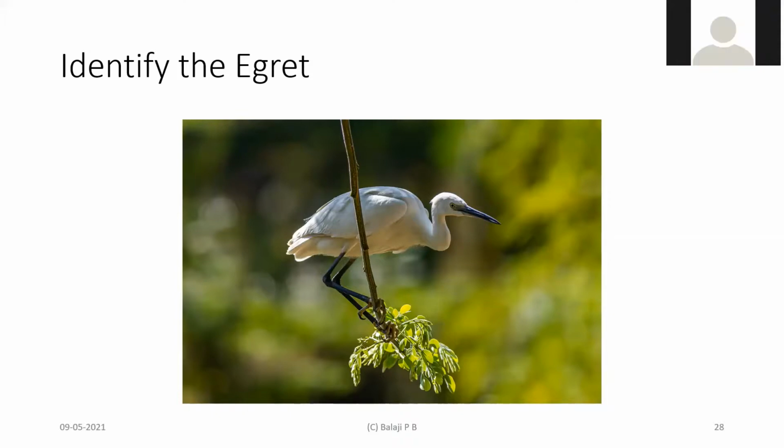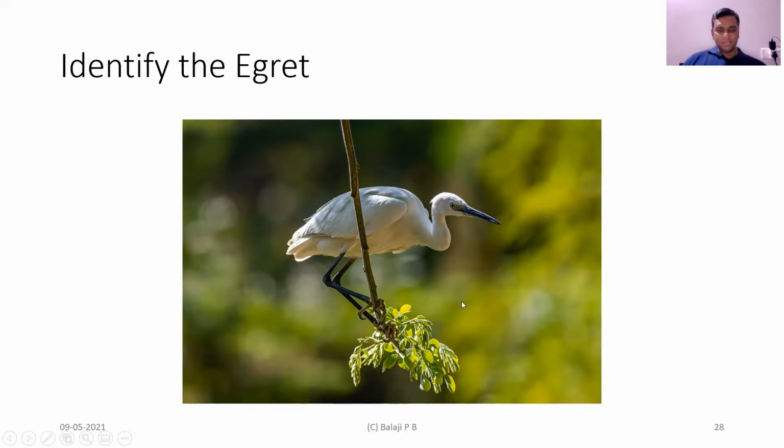A little egret, because there are plumes on the nape. Is that the nape? Behind the head, near the head. Yeah, also behind the head, there are plumes. You can see a hint of plumes. It's not fully in breeding plumage. Okay. Yeah, so it is a little egret. The little egret is the only one which has yellow feet. So irrespective of whether it's a breeding or a non-breeding plumage, the little egret is the only one with yellow feet. So if you find a bird with yellow feet, you can be very sure that it's a little egret.